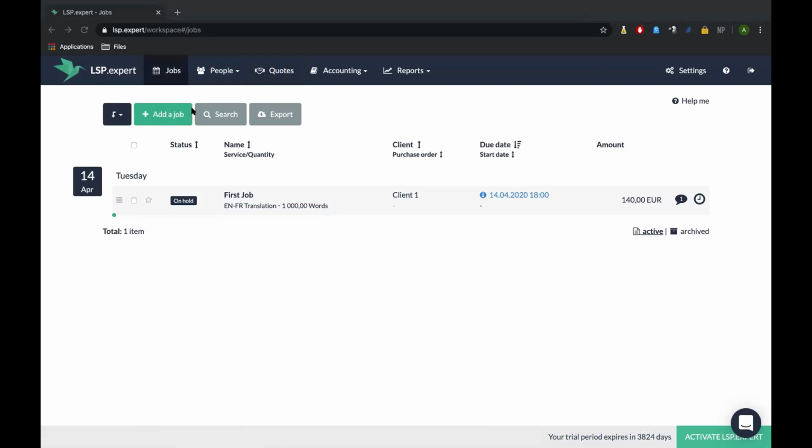How to add multiple jobs. I'm going to show you how you can add multiple jobs for the same clients. You can add proofreading to the same job. Yeah, there is a functionality that helps you merge different jobs to create a project, and you can decide